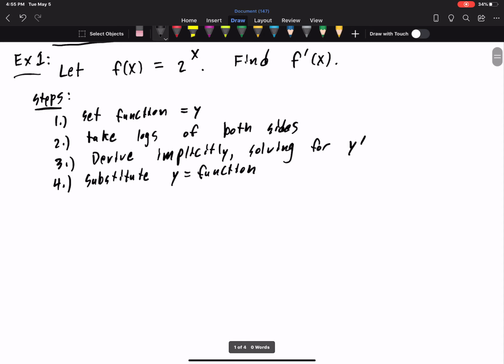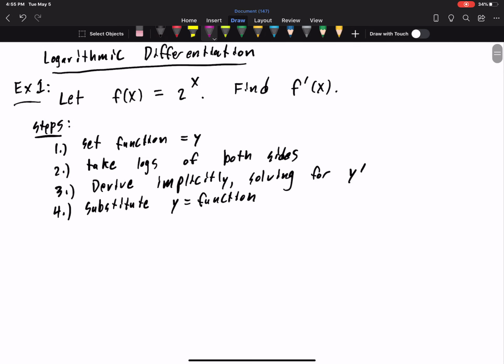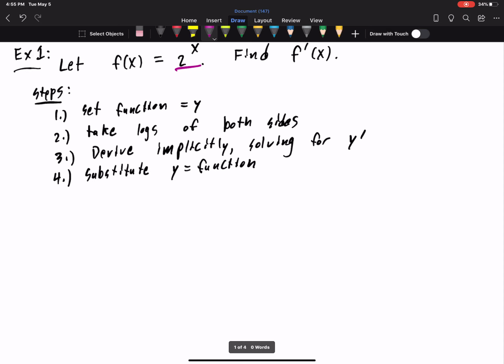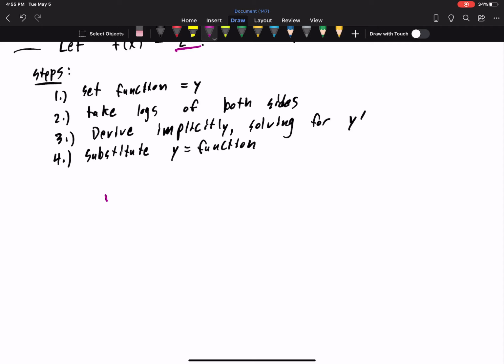Okay, so let's take a look at our function in question here, our 2 to the x. How do we solve this guy? Well, follow step number 1. We have y is equal to 2 to the x. This implies if we take the logs of both sides, natural log of y is equal to natural log of 2 to the x. But then using exponent rules, this right-hand side is equal to x natural log of 2,